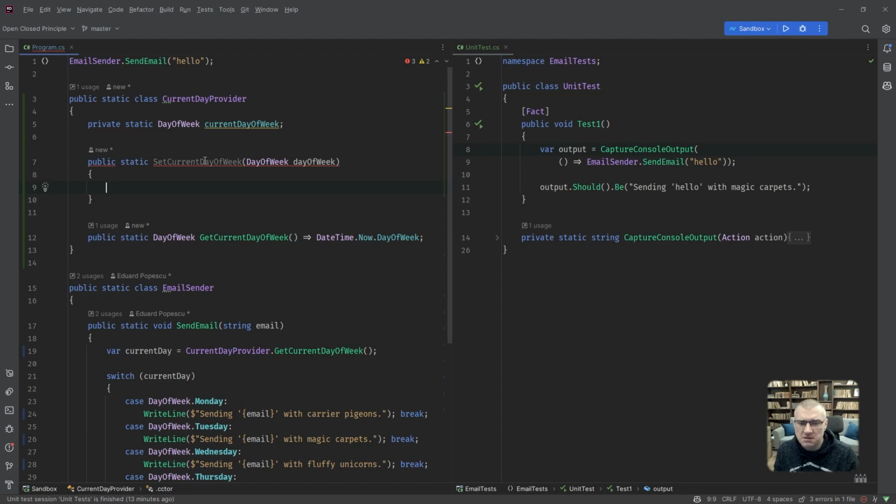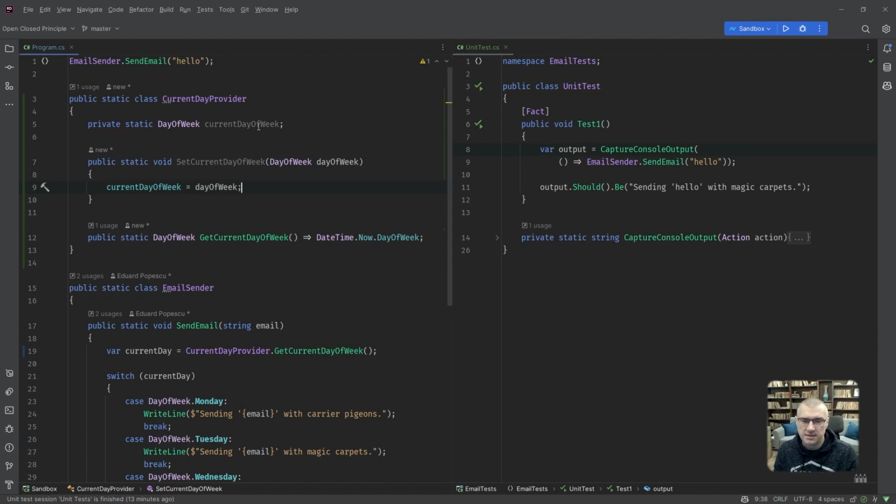What don't you like? Empty static constructor. This is not a constructor. Or is it? Let's see. What's wrong with you? Method must have a return type. Sure. Here you go. Void. Cool.